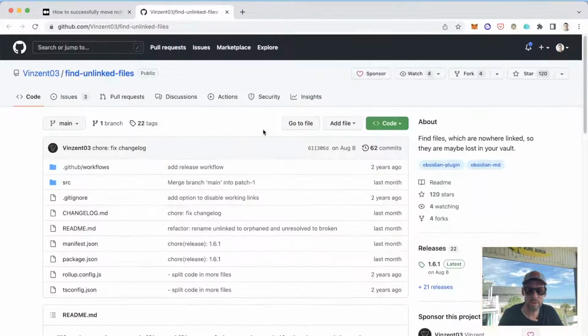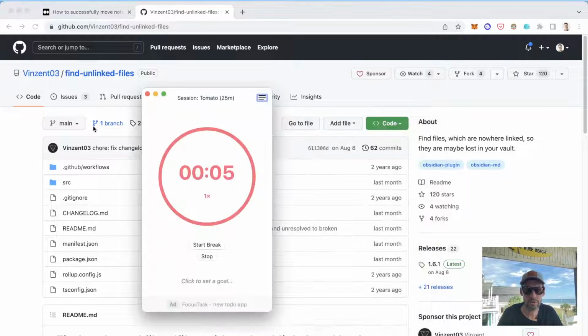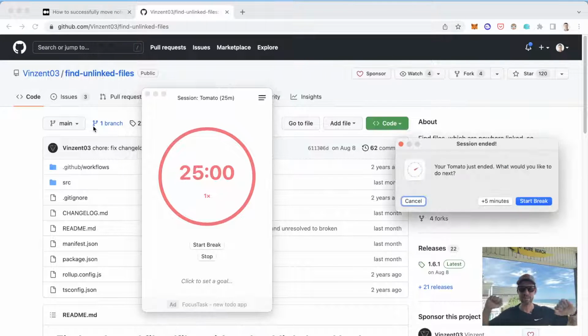So there was one other thing. Also, where are we on our tomato timer? Whoa. I guessed 25 minutes. One of the funny things about working in Pomodoro timers is that you eventually start to get a feel for how long 25 minutes of work feels like, and your body starts to acclimate to that. It's kind of like writing tweets. If you write too many tweets, you start to get a feeling for how much 140 or 280 characters is, and you start to think in 140 character sized thought bubbles.